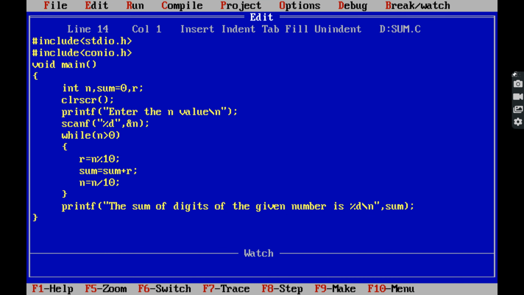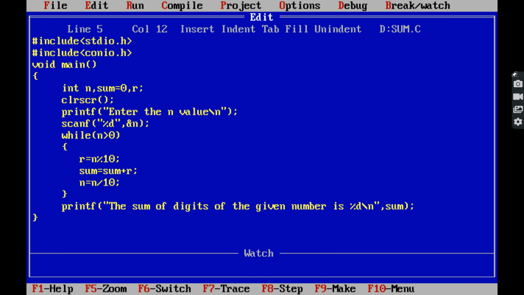Now we see the implementation of the sum of digits program. I have already explained the logic of the sum of digits of a given number. Here I am taking three variables. The first one is n, in which we store the given number.